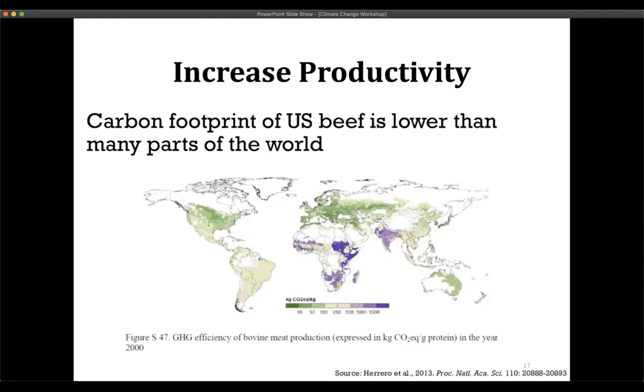one dairy cow in the United States produces the same amount of milk as, say, 8 cows in another area of the world. They produce more milk, we have better genetics, we have better nutrition and feeding. So if one cow produces a set amount of greenhouse gases, but produces a large amount of food, then its environmental impact is less. So one way to practice climate smart agriculture is to increase the productivity of whatever we're growing. This was an example with cattle, but the same could be had in other commodities as well.